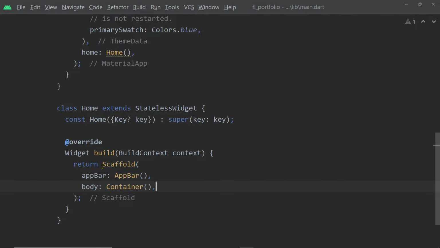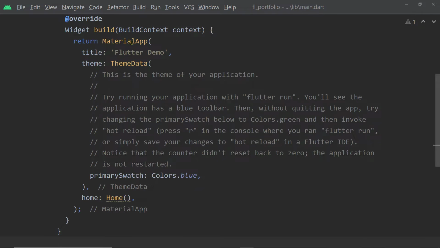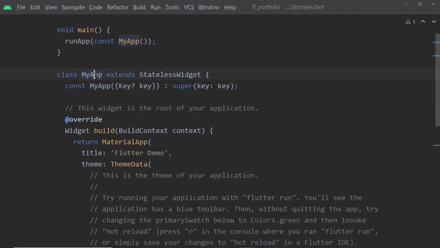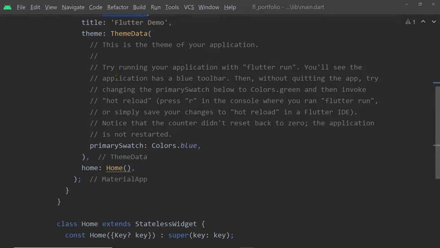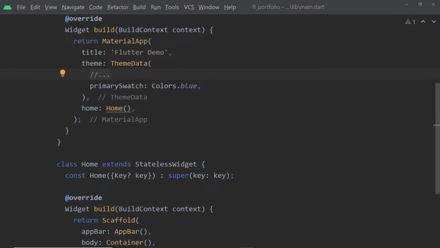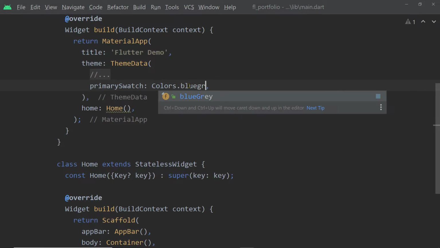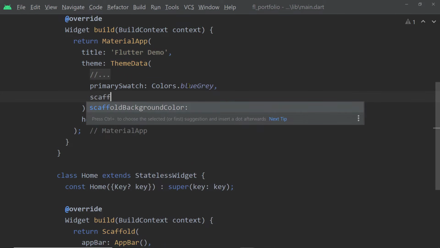Now let us change the colors of the app. So here we have this widget, my app, and inside this build function, we are returning the material app widget, right? And this widget material app has a property called theme, to which we pass an instance of theme data, and here we have this option primary swatch. So here we are going to change the color. So we are going to pass colors.blue-gray to primary swatch,